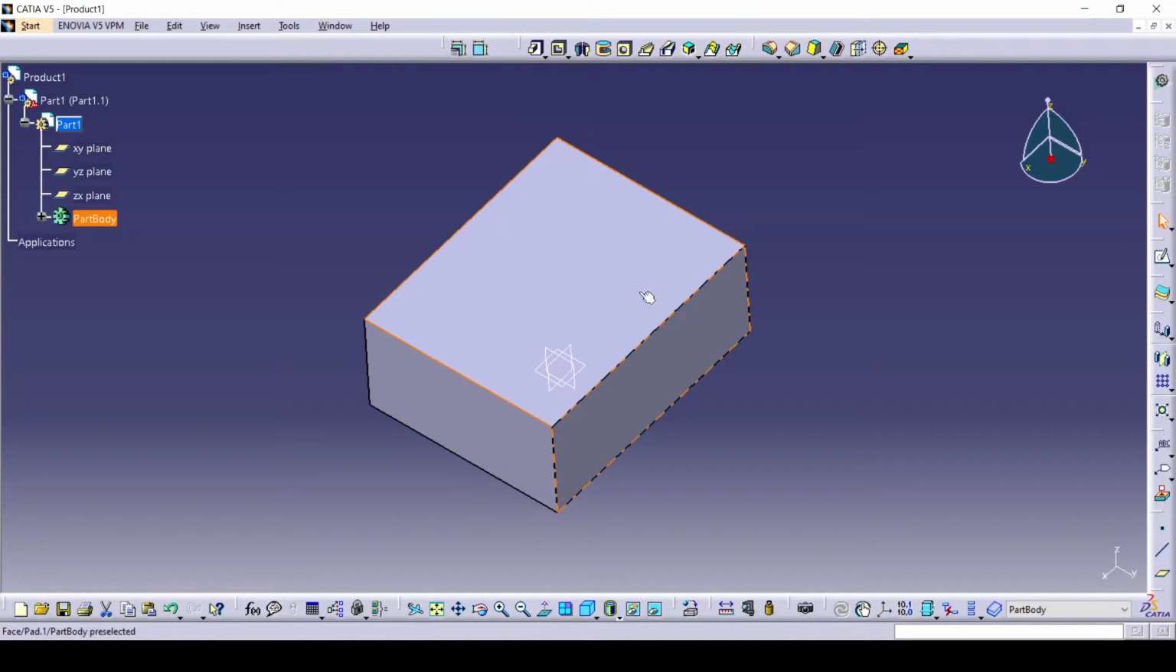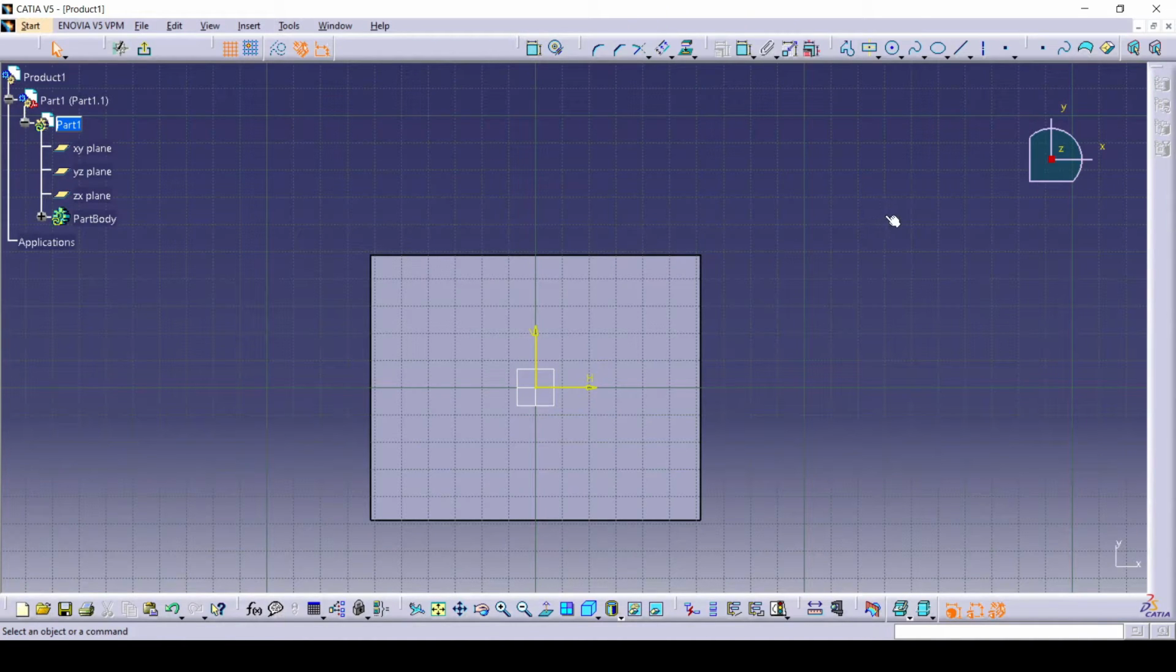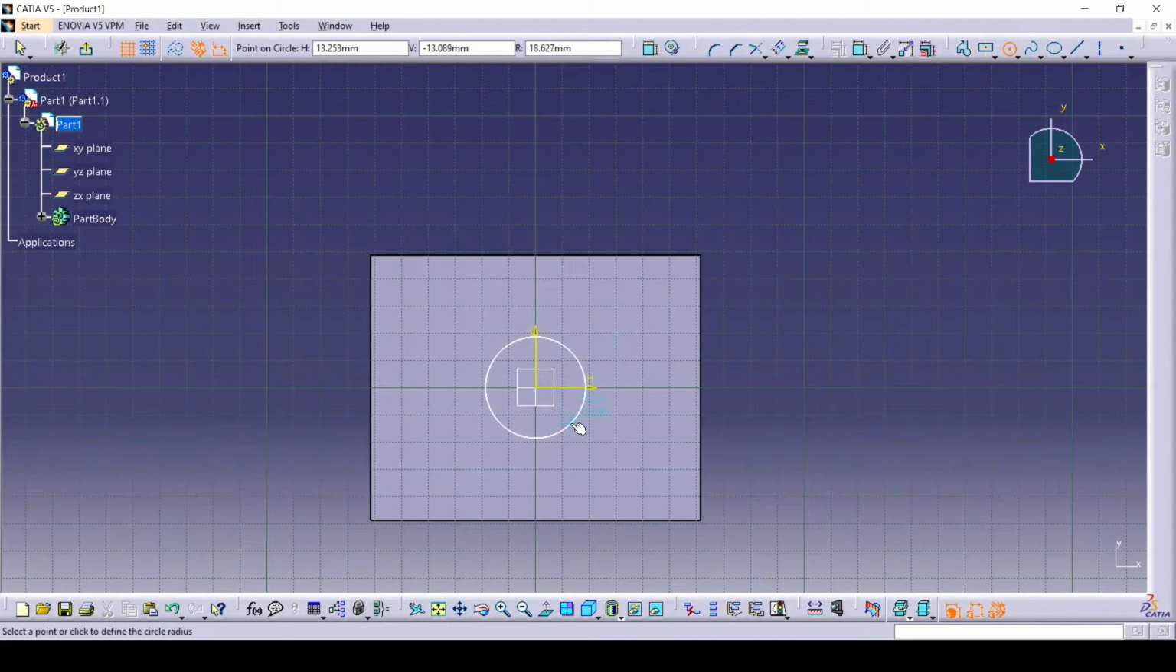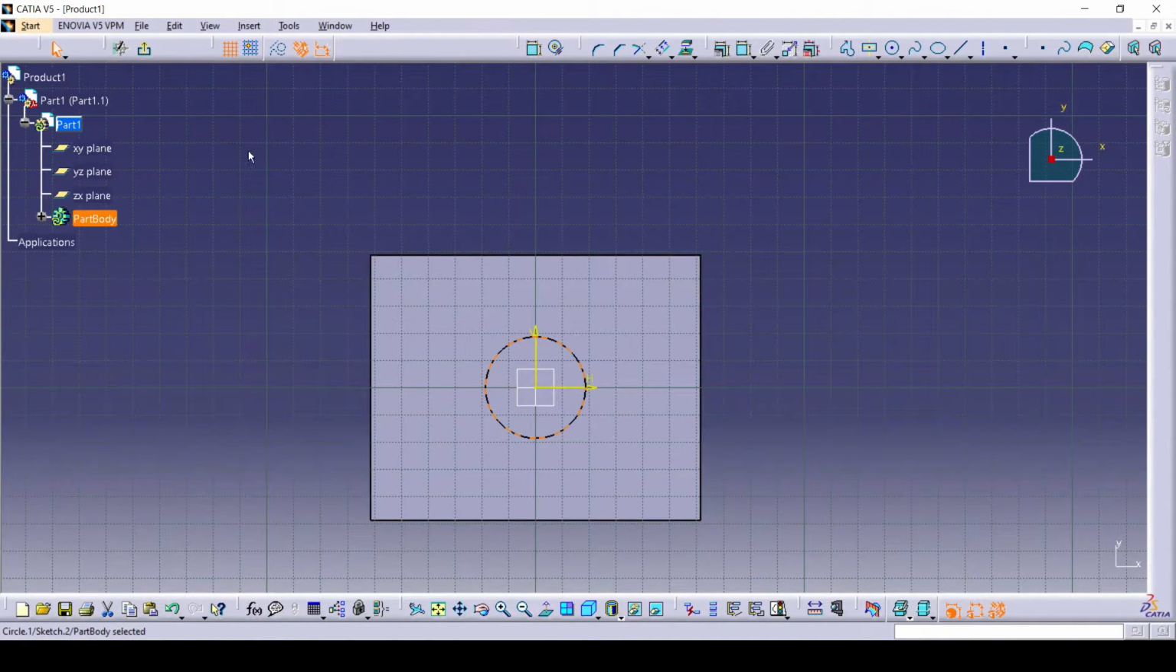What I have to do is click on this top surface to select it. Now I'm going to click the Sketch option, this one. When I click the Sketch option, it comes normal to that plane of the cuboid. Now I can draw a cylinder. For drawing a cylinder, I have to draw a circle and then extrude it. So I'm going to draw a circle here like this,